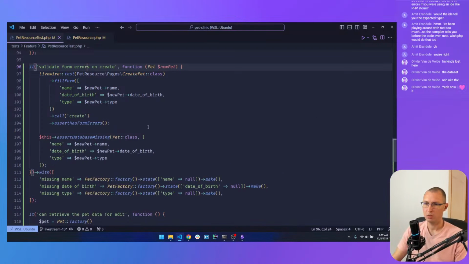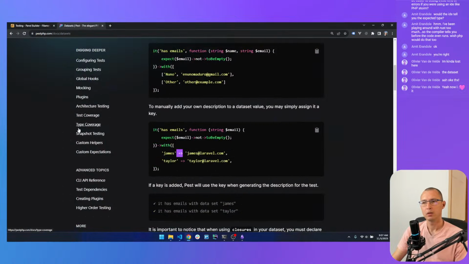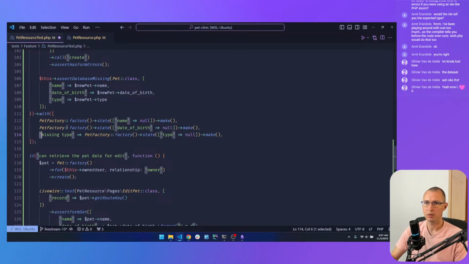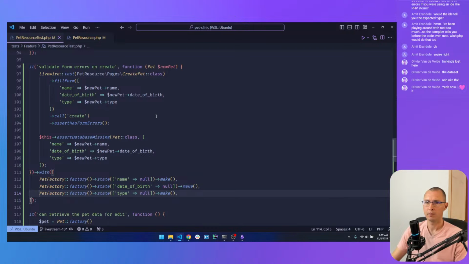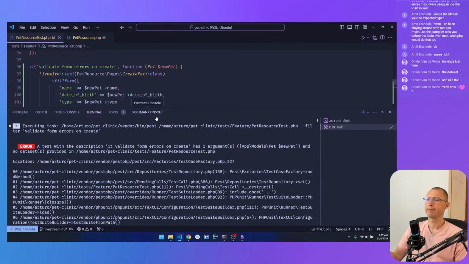So strange. Okay, let me try without the label, see what happens. Why are you telling me that no datasets are provided?